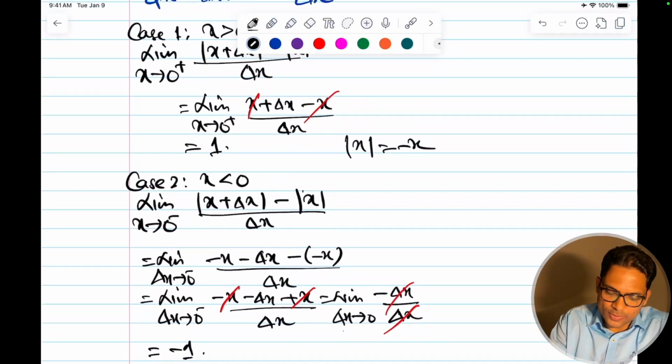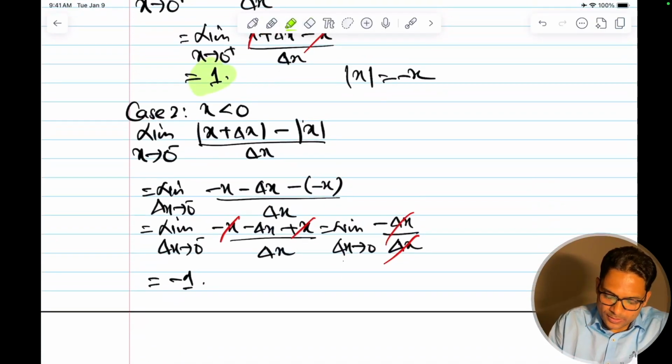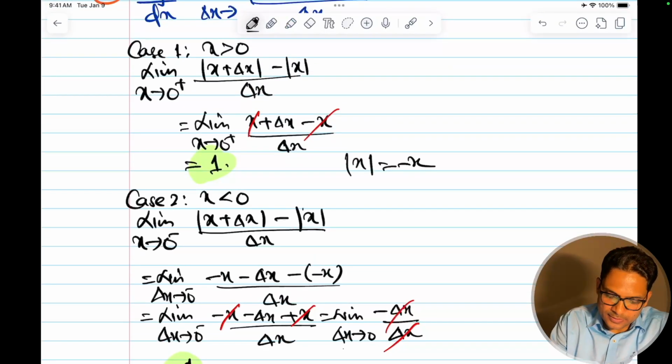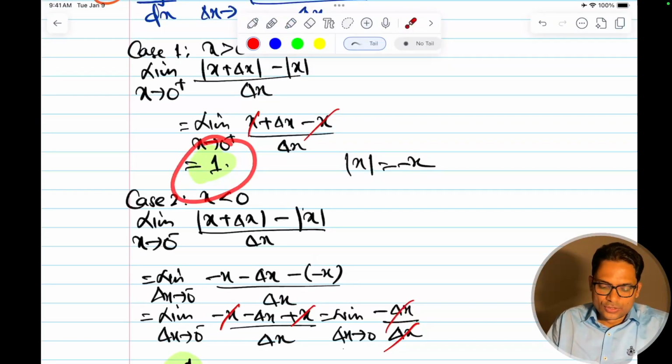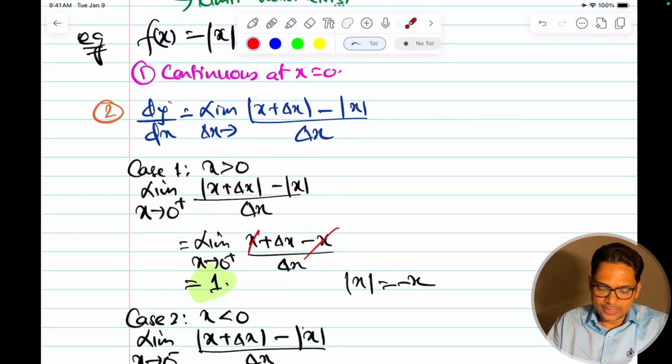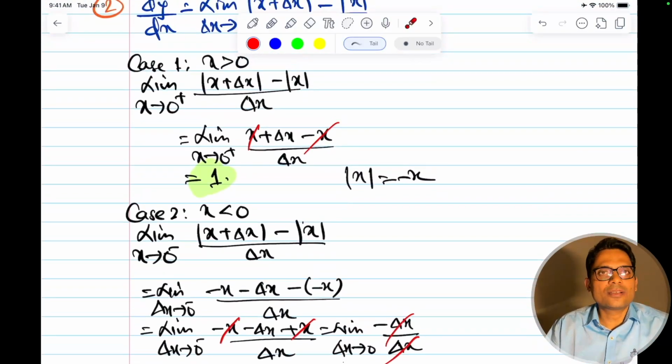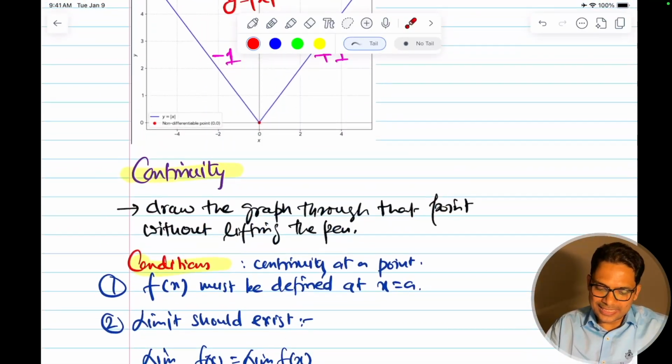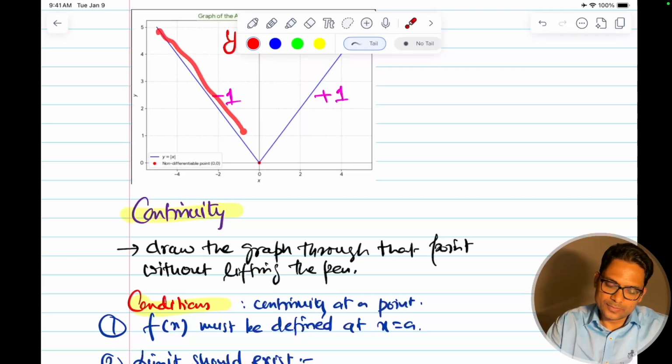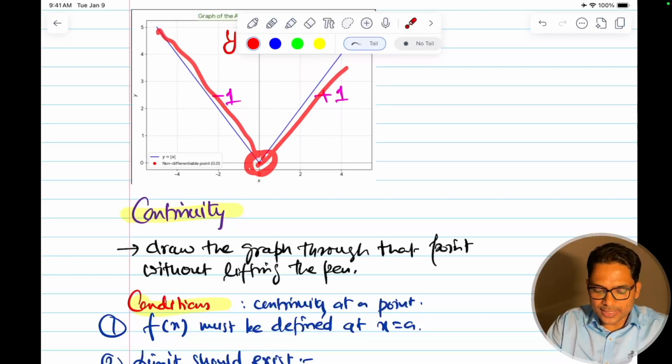Now see, compare the two values. This is 1, this is minus 1. So if you come from the positive side, this is 1, and if you come from the negative side, this is minus 1. So the limit does not exist because both the sides are not equal. That's why we say that absolute value is not differentiable at x equal to 0,